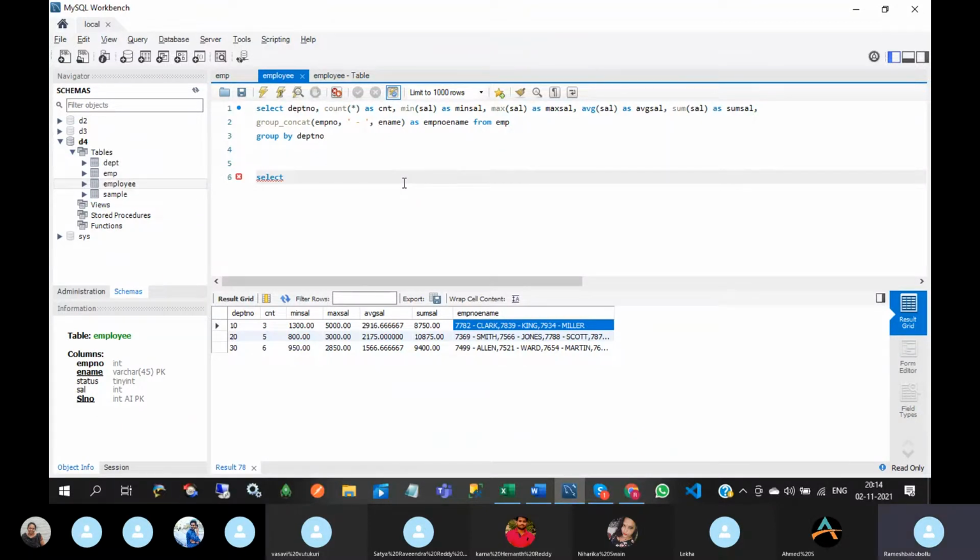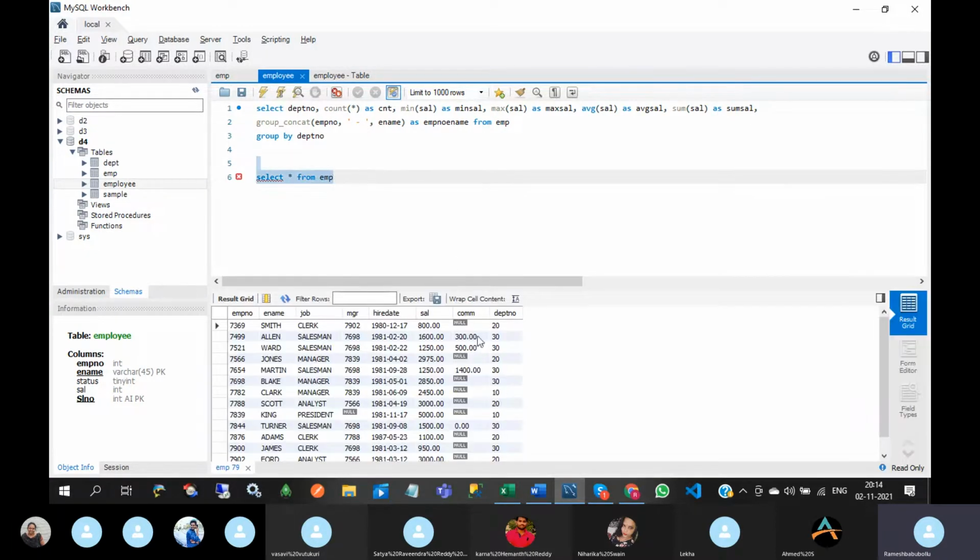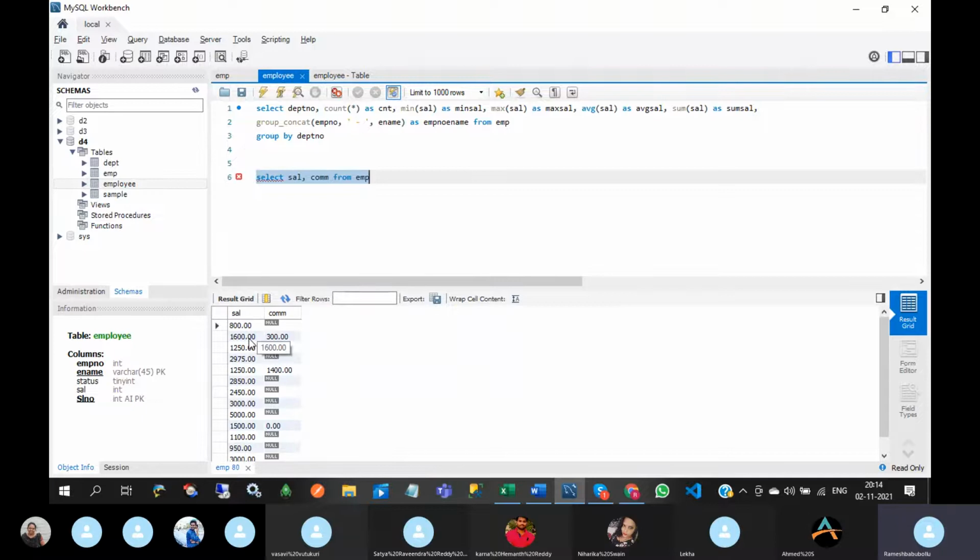Okay, so like EMP, I'm going to take salary, commission. See this, I want another column. That column will contain the commission value. If the commission value is null, then it has to display the salary value. In that case, we need to use the COALESCE function.